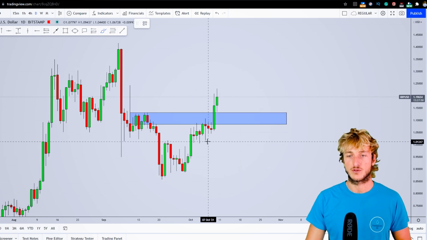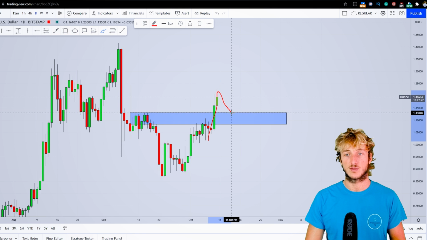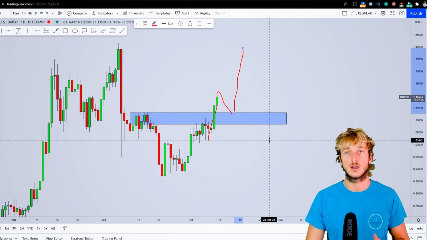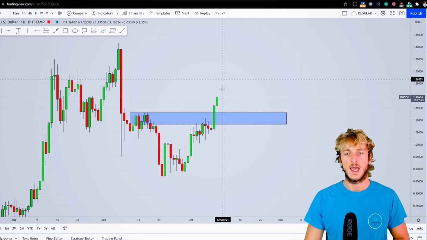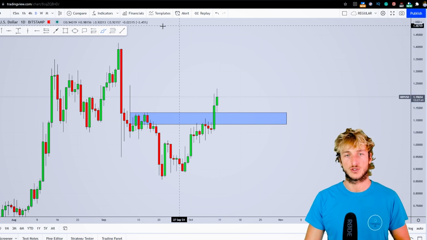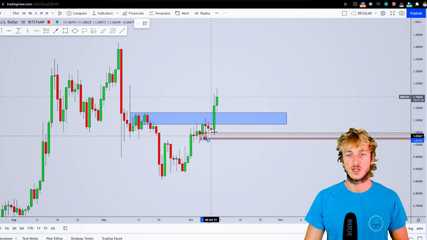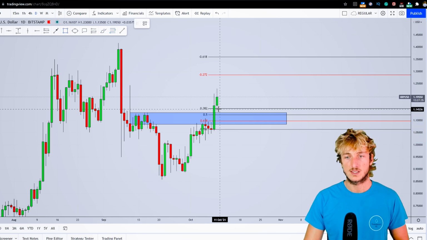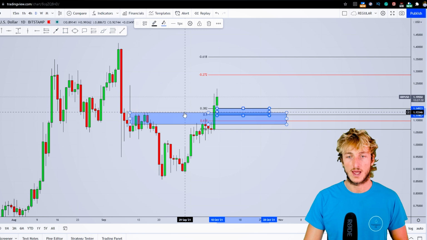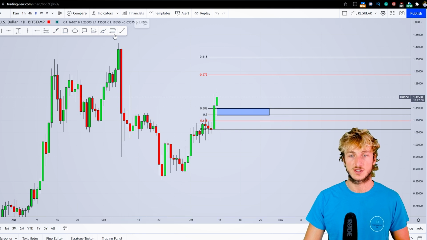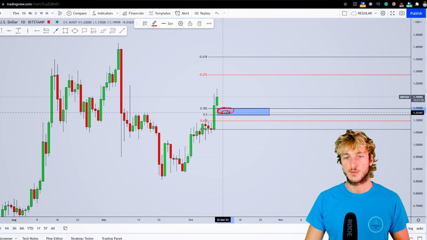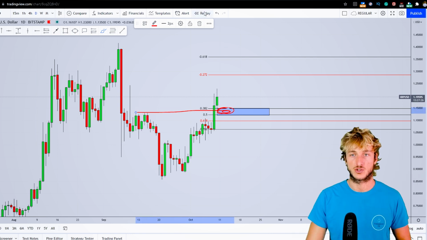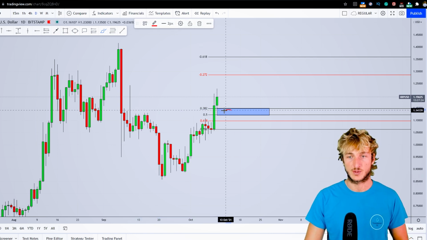Now, in general, after an impulse, what you want to see is the market provide a correction before then seeing the continuation to the upside. And after an impulse, if you want to measure the correction, what you have to do is take your Fibonacci from the low to the high of the impulse. And if we do that, we can see how we have at 0.32 and 50% Fibonacci retracements, which are currently lining up exactly with this previous resistance turn support, creating a quite strong level of demand and support here, and